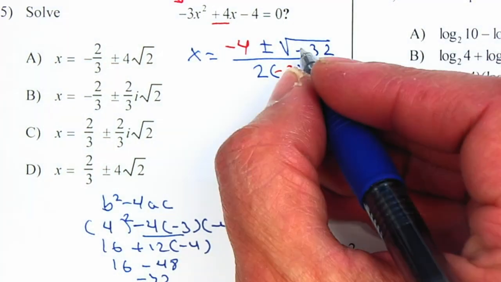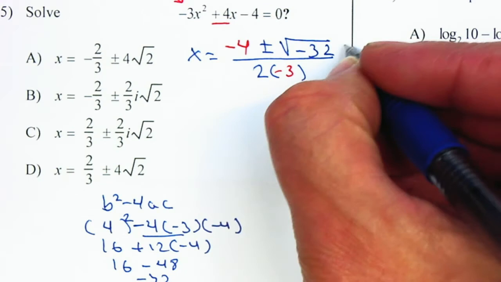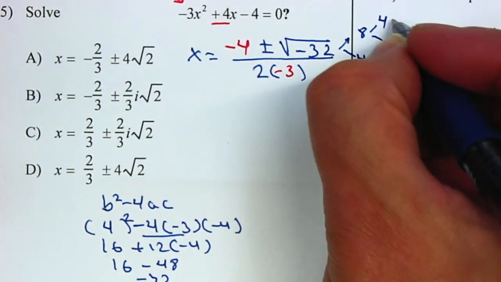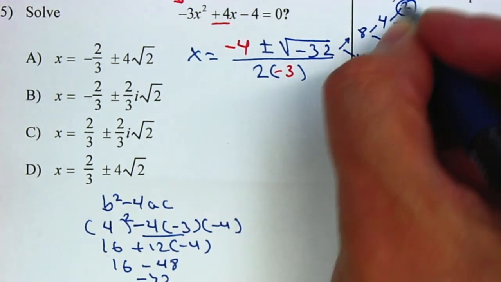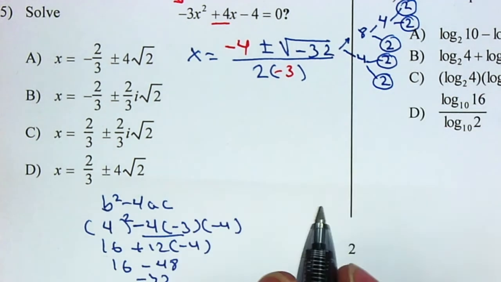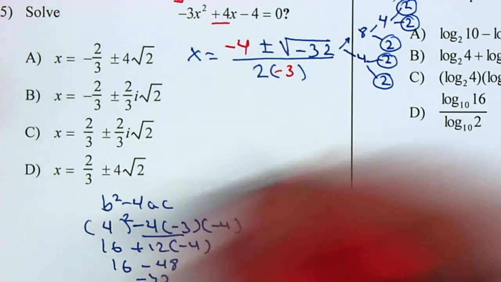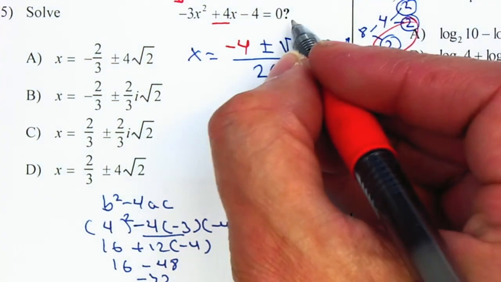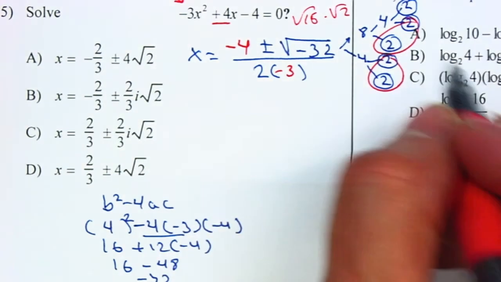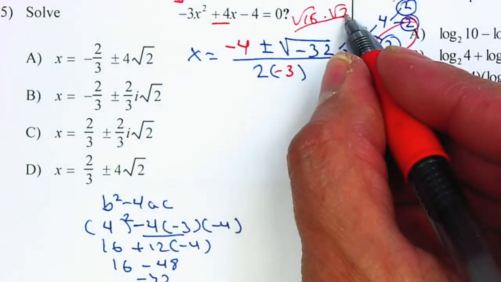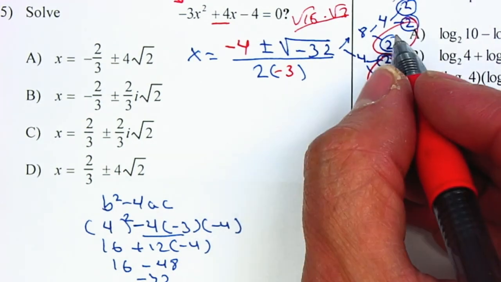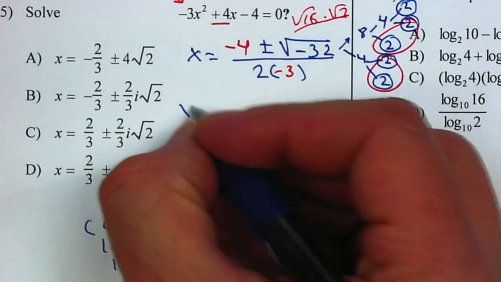Now, I need to be able to do the factor tree for this. That will give me 8 times 4, 4 times 2, 2 times 2, 2 times 2. So I'm going to take out my twins, or some of you guys think of this as the square root of 16 times the square root of 2, and then 16 will be 4 square root of 2. You can do it that way as well, and it will be much faster, or you can do your factor tree. So I'm going to take out a 2 and a 2, so it gives me x is equal to